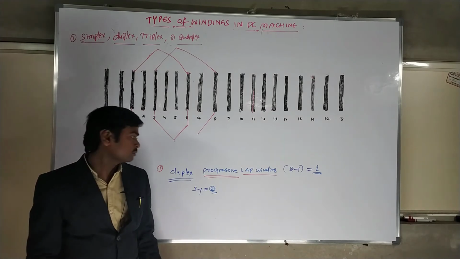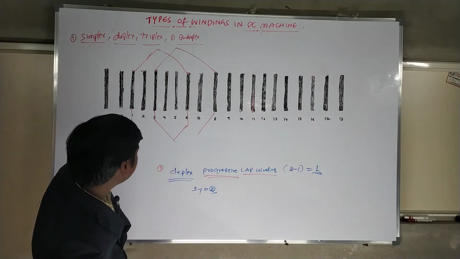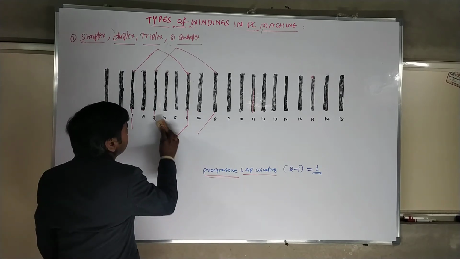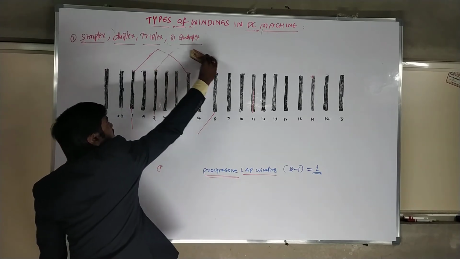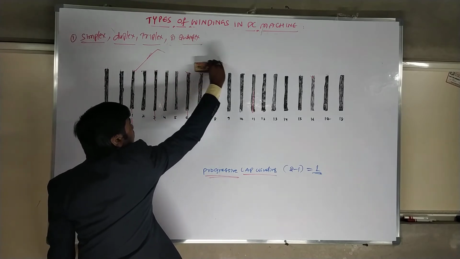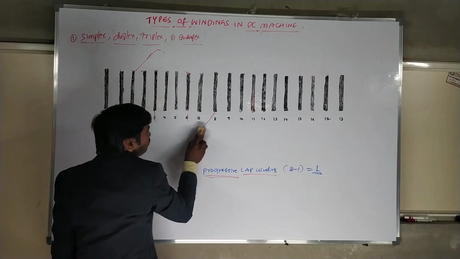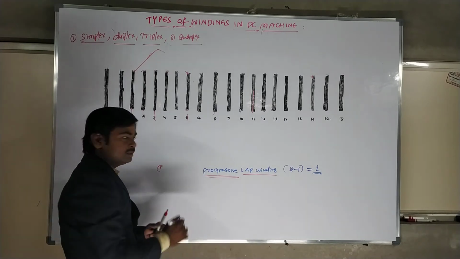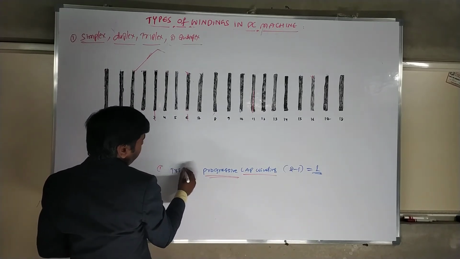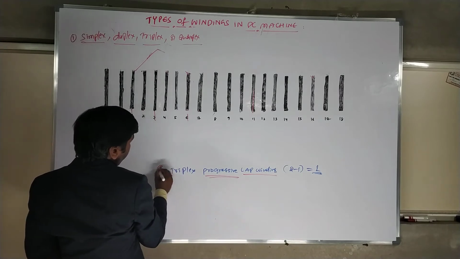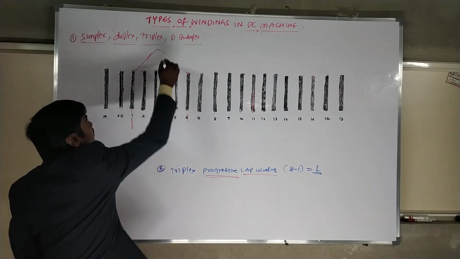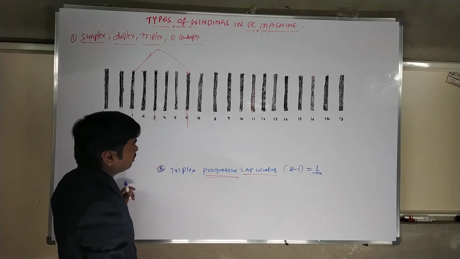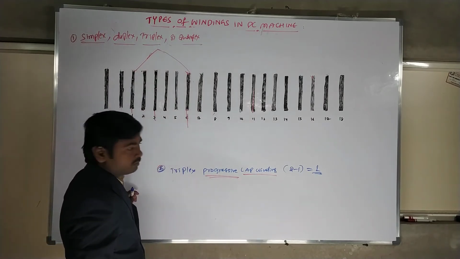It's very clear. Next, if you go for a triplex winding, it's very simple. Now you are masters of how to draw connections. Once this is very clear, if you watch the videos carefully, you can easily do it. So triplex means it's very simple. After the first is over, this lap model is over. Progressive, you can connect in a positive fashion.